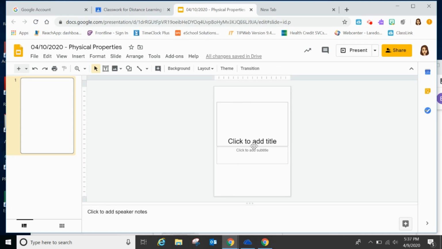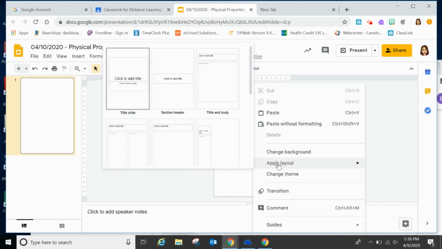So I'm going to select the boxes and delete them. A quick and easy way is to press Control A, and it'll select all of your fields, and you can delete it. So now that you have your document ready, now you can insert your background into your file. So how do you do that? I'm going to right click on my mouse or right click on the button on my touchpad,